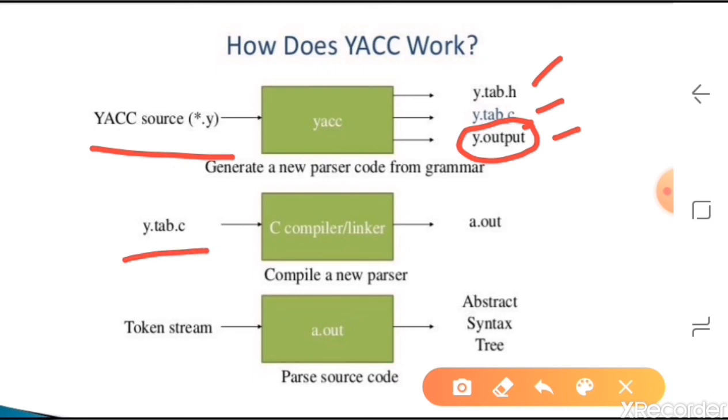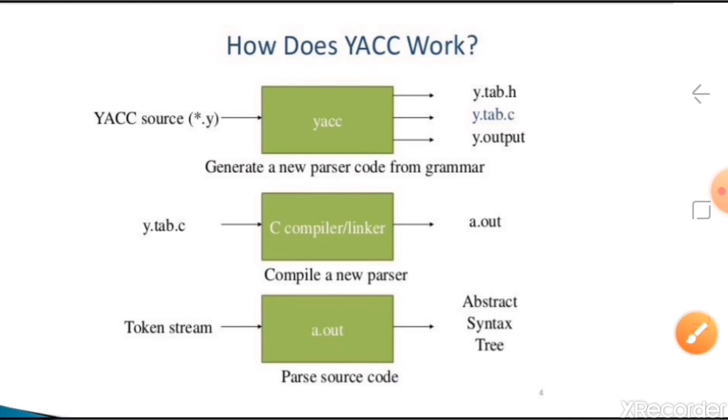If you are running only yacc, you compile this. But most of the time we will use a combination of lex and yacc together. So you have to compile both files together, that is the lex C file lex.yy.c and y.tab.c, together. You will get the output file, and from the output file you will get whatever result we want.